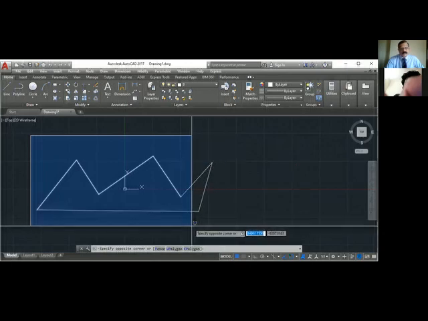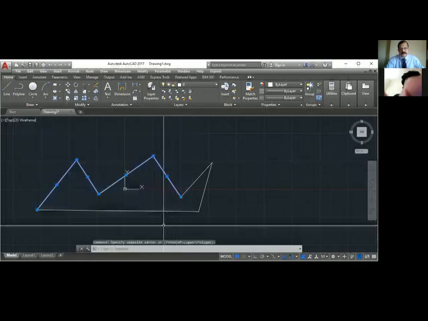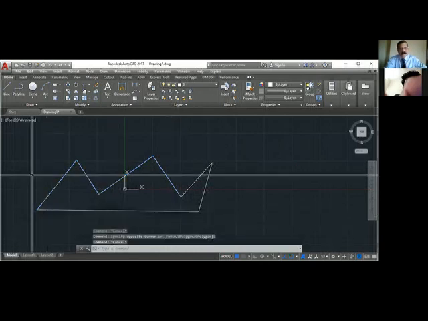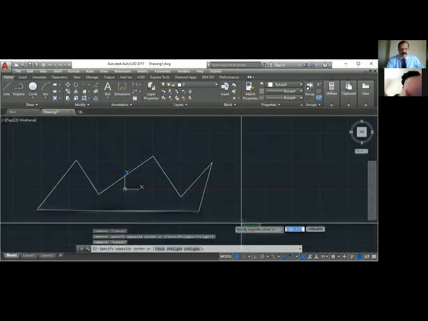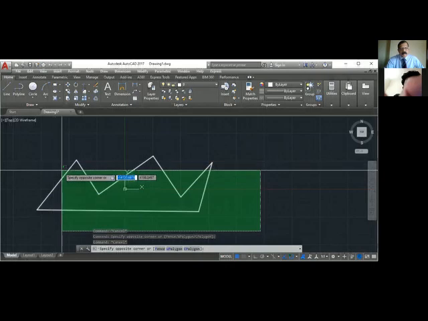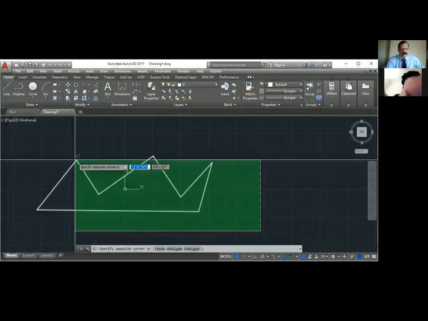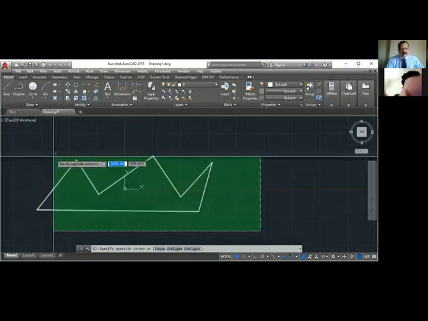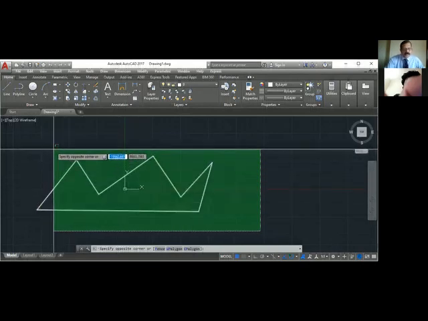Okay, so this is a window from top to bottom. I can select only this one. This was not inside the window. At the same time, if you show a window from bottom to top, you can see that even if I touch this line partly, even this line partly, it is selected. So cross window is more powerful.